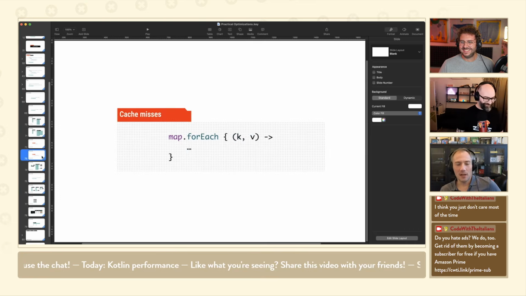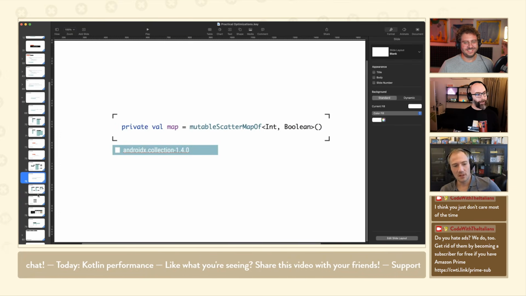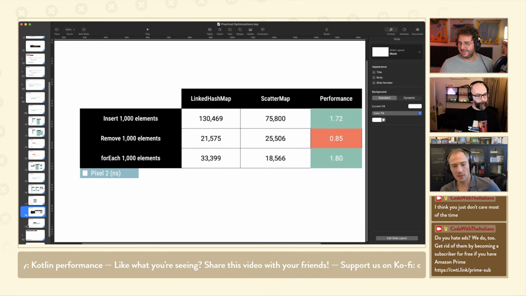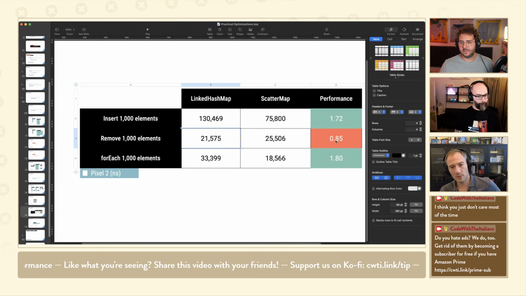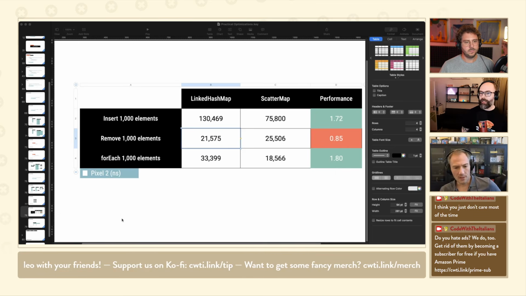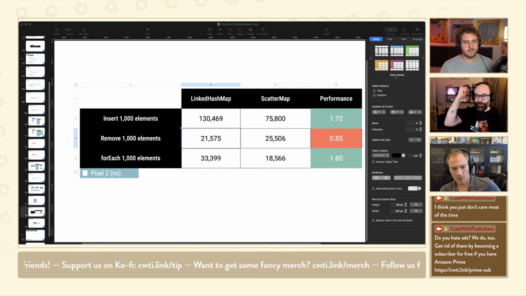But yeah, and again, there's a lot of situations where you don't need to use scatter map, but it can be faster. It can use less memory. It can be a bit more expensive when you remove elements one by one compared to a regular map, because it has to do more management of the arrays instead of just removing nodes, which is super cheap. But if you have performance-sensitive code, or at least you don't want GC, you should really look into using the androidx.collection classes. They're super helpful. We need to push the discoverability of this stuff. Because people need to know.